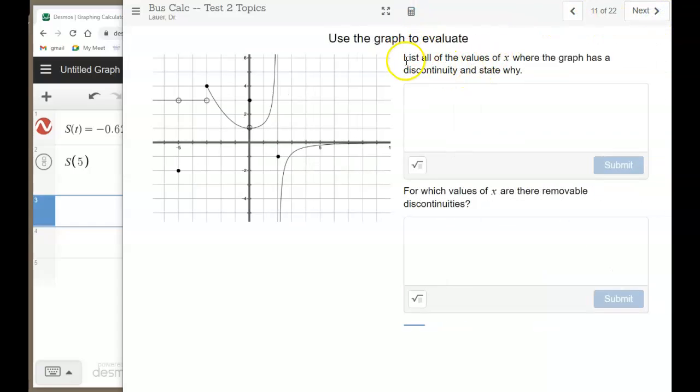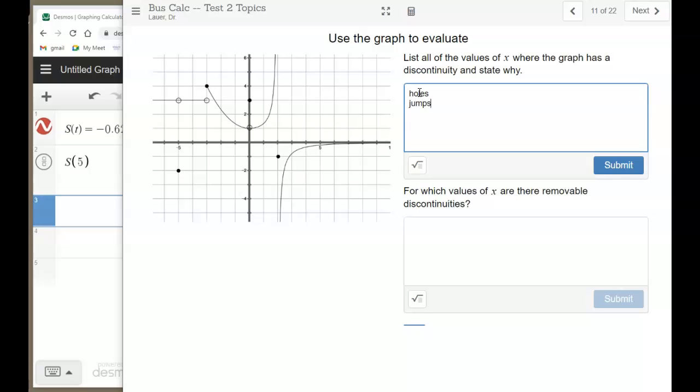Use the graph to evaluate. List all the values of x where it's discontinuous. Discontinuities are holes, jumps, vertical asymptotes, and heavy oscillation, which you will not see on the test. So here I can just type; I want to know why, so I'm going to put holes,